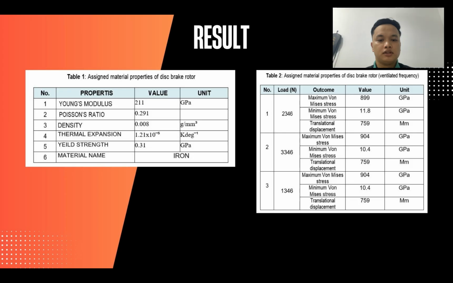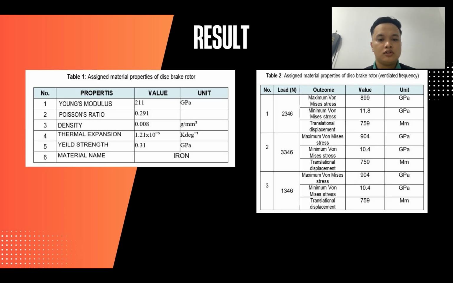Number 4, thermal expansion is 1.21 times 10 negative 5 Kelvin per degree. Number 5 is yield strength 0.31 gigapascal, and number 6, the material name is iron. So for the result in table 2, the assigned material properties of this brake rotor, which is ventilated frequency, is